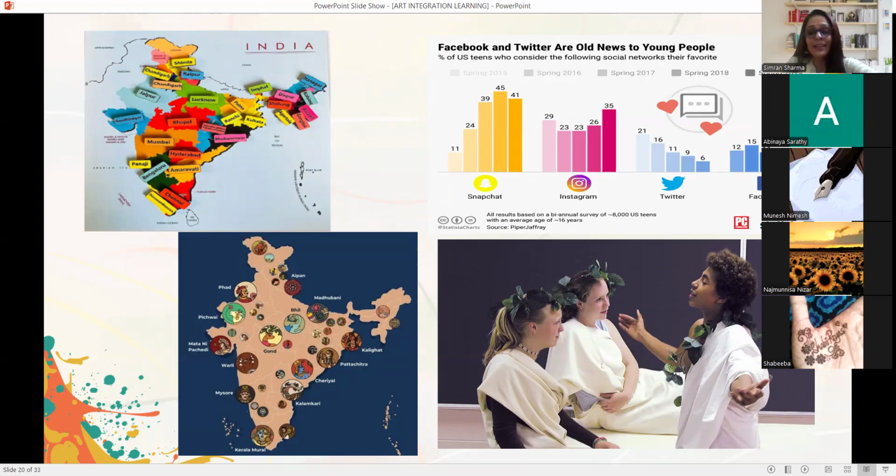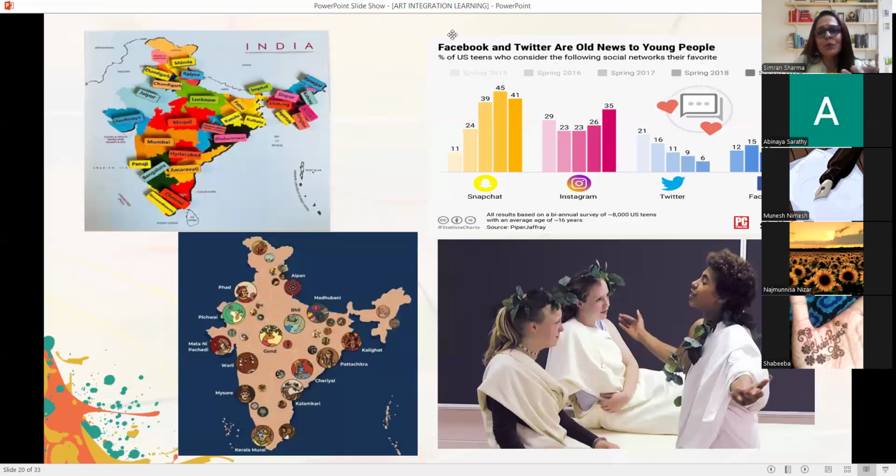Same way, tribal art in the form of tapestry is created and put on the map. So the place that these tribes belong to, like Gond in central India, that is Chhattisgarh and Madhya Pradesh, etc. Then we are talking about Kalamkari of Andhra, and the Worli art of Maharashtra, and like that. Same way, surveys and graphs are used to put the data in front of students. So in the form of graph, it's clear.